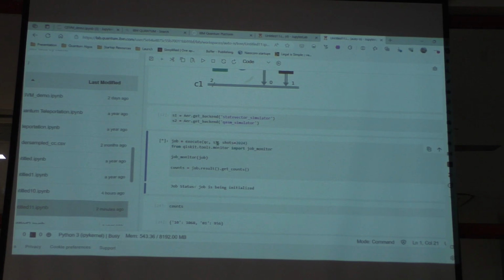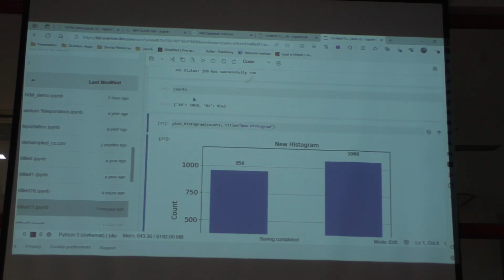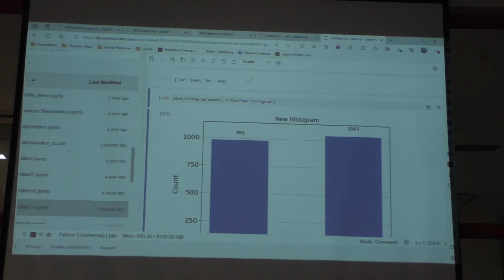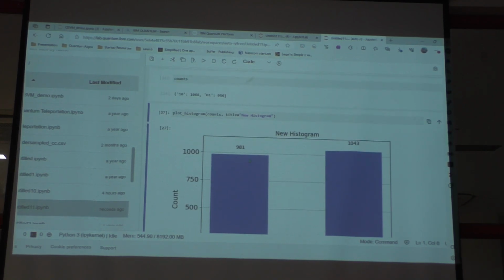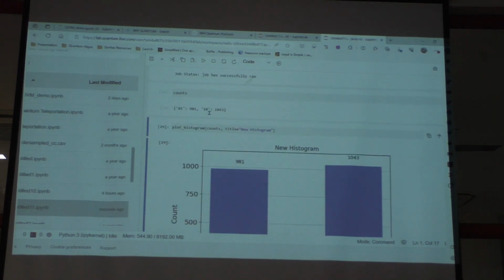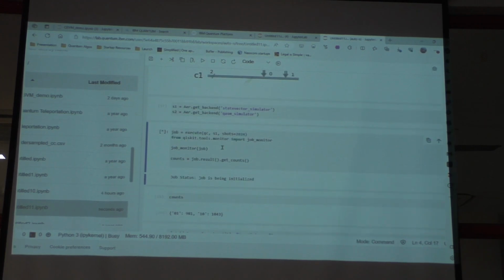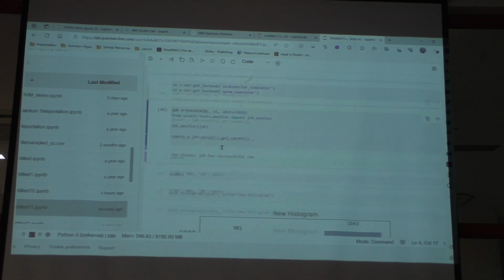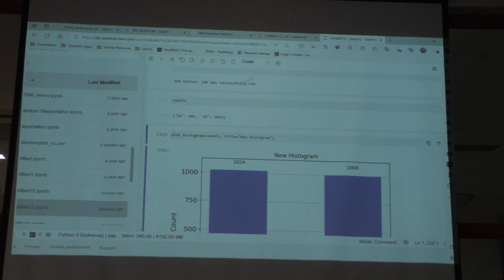It is supposed to be pretty much equal, but as you can see here, it again starts to fluctuate, right? So if you do it multiple times, you are going to get fluctuation. That is where the quantum uncertainty is. You won't get the same number of counts every time you run it. So if you run it again, it is going to change.